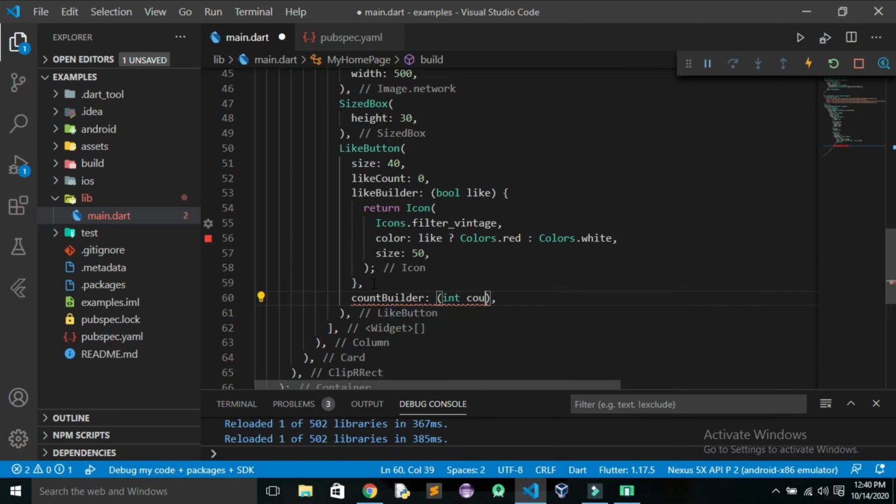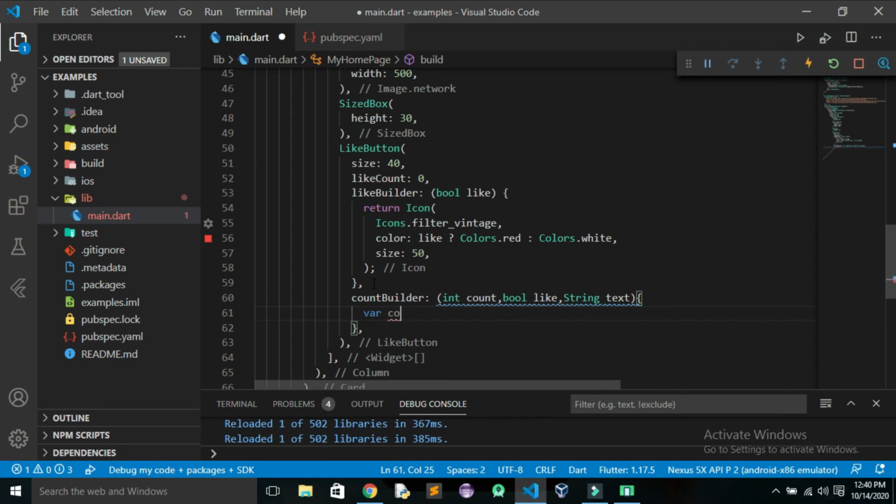That is, I'll take the one which is the count present, and another is whether it is liked or not, and the third is the string which we want to show. And now here we'll take the variable color to show which color to be displayed.